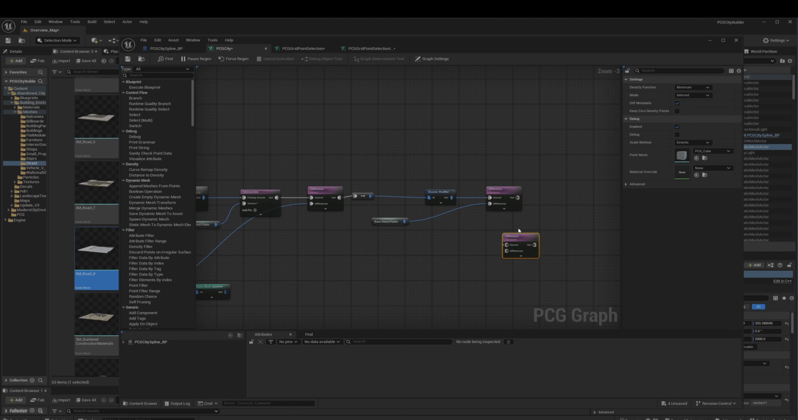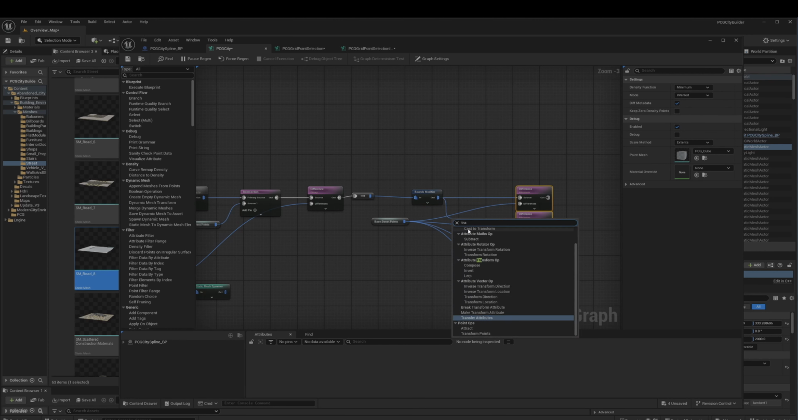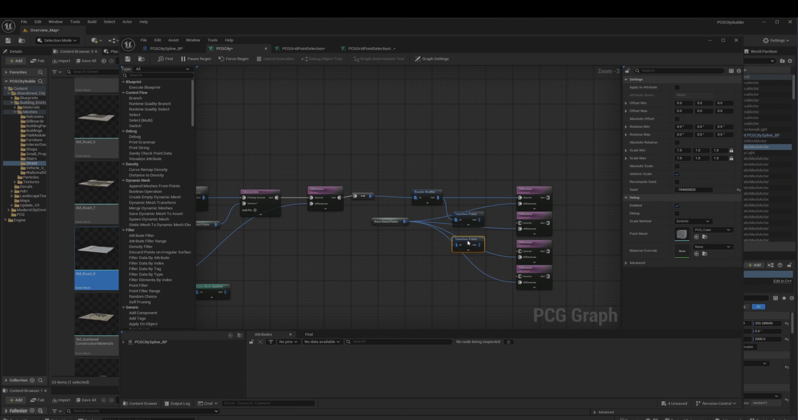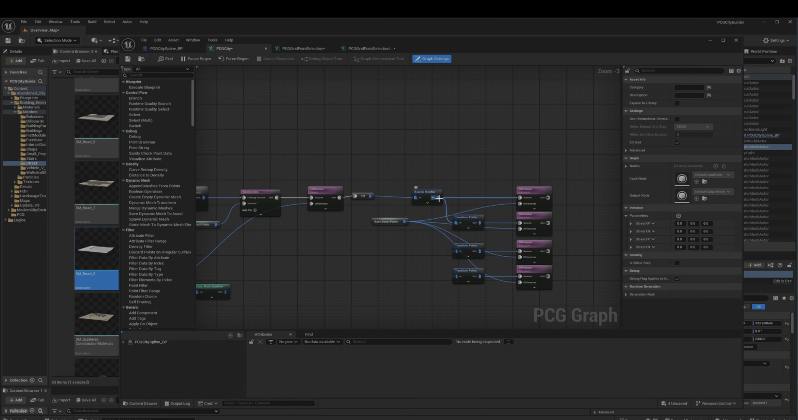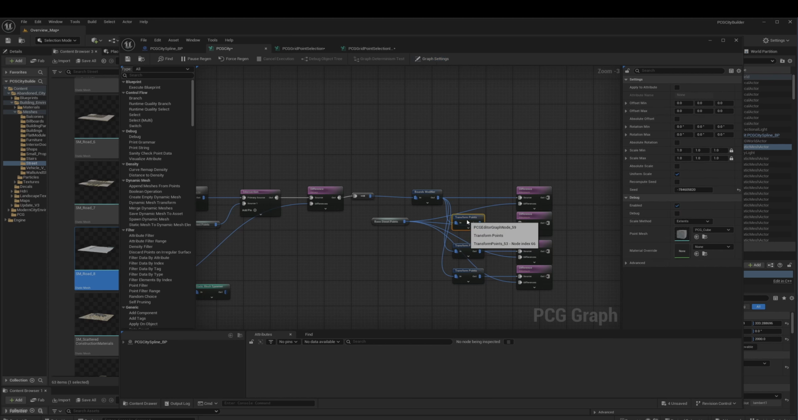Alright, now add 3 more difference nodes. And then from the bonds modifier, add 3 transform points nodes. Now connect each transform node to a difference node. Alright, now we need to make sure that each transform node has a different rotation. 90, 180, 270,